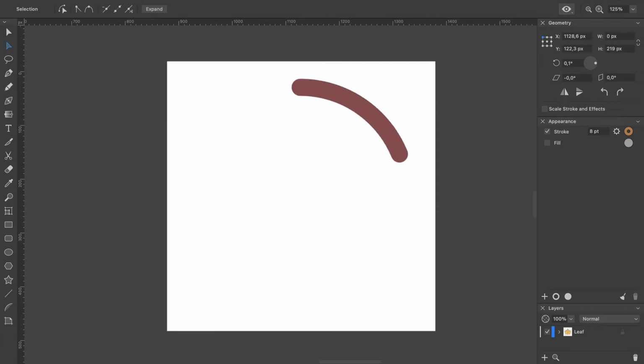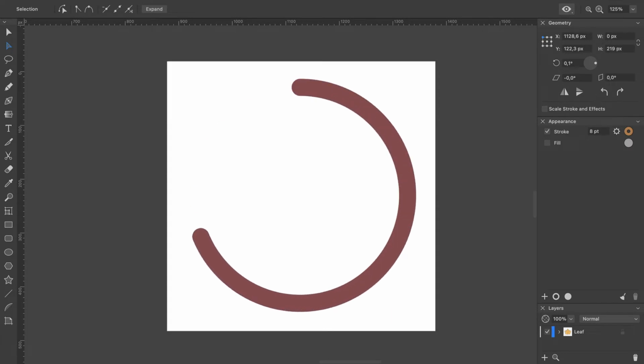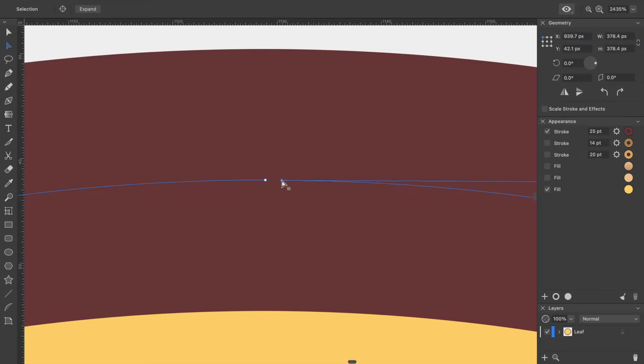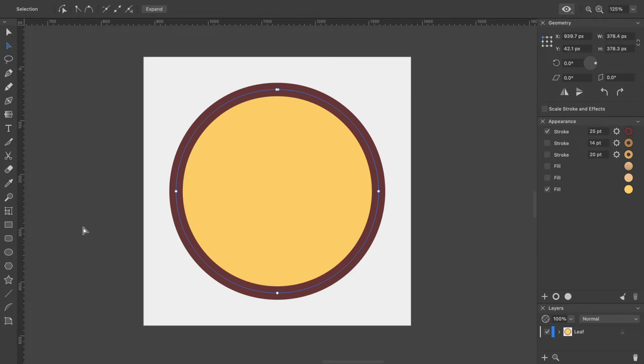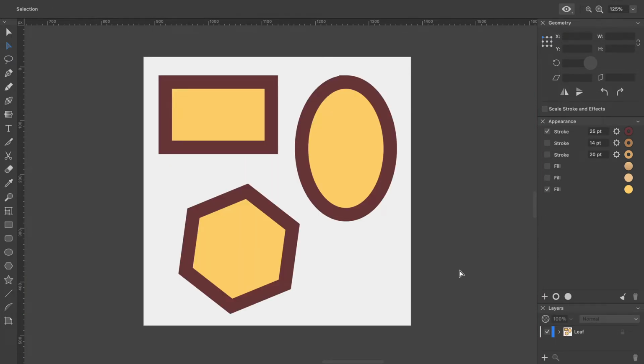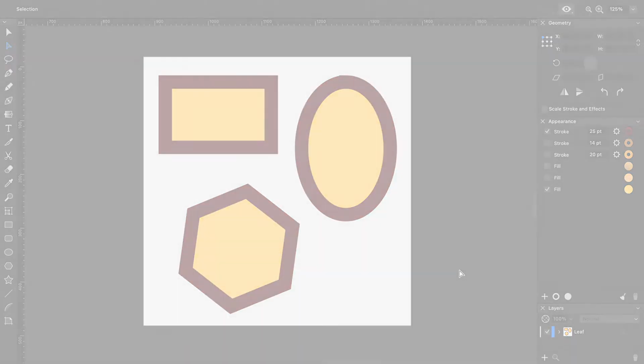A closed path is the one that begins and ends exactly at the same point. Moreover, such path should be deliberately created as a closed one. Otherwise, the path is not closed, even if you cannot see a gap between the ends. Shapes like rectangles, ovals, or polygons that you can create using Amedean tools are based on closed paths. The app has tools to turn a closed path into an open one and vice versa.